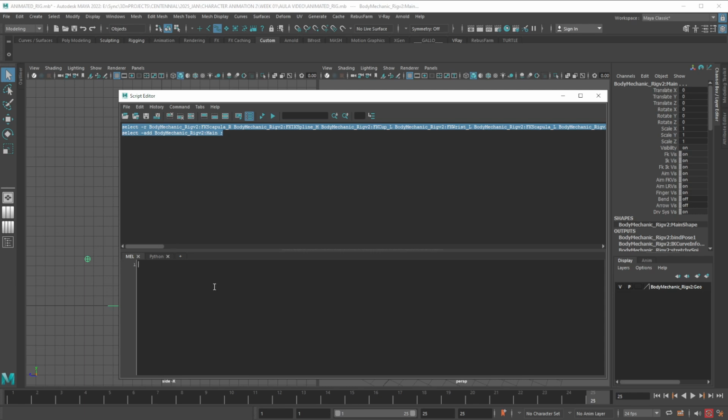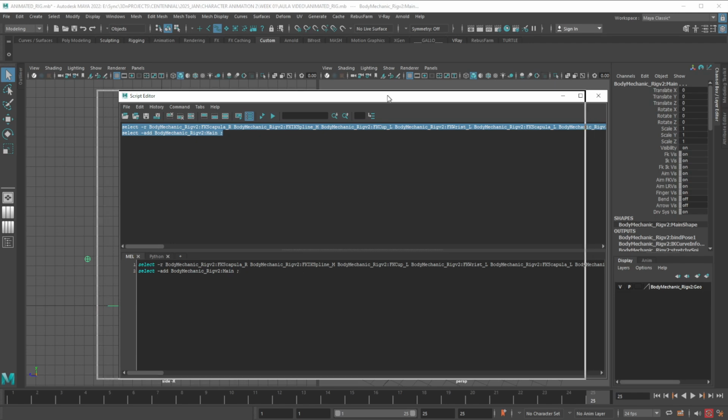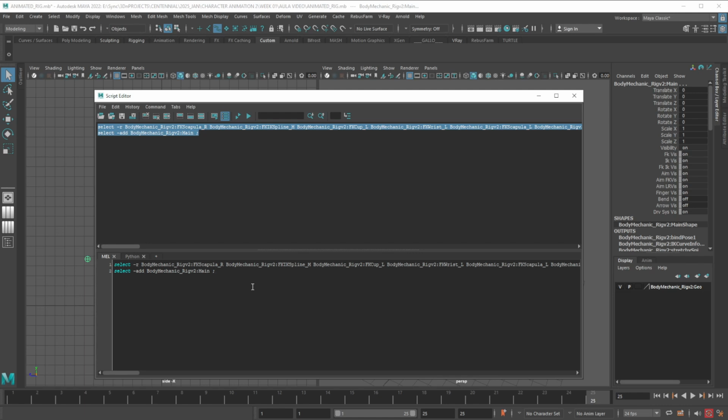I'm going to click on the bottom box, and then I'm going to Control V to paste. Okay, now that it's here, here is our area, our sandbox, where we can write scripts and save to our shelf. I'm sorry if I'm explaining stuff that you guys already know, but if someone doesn't know how it works in detail, I hope I can help. Now that it's here, just make sure the Mel tab is selected,